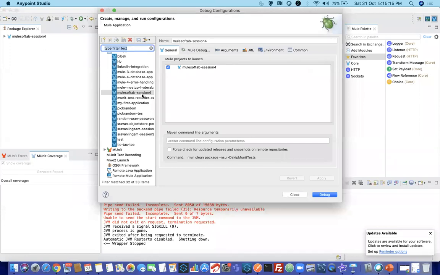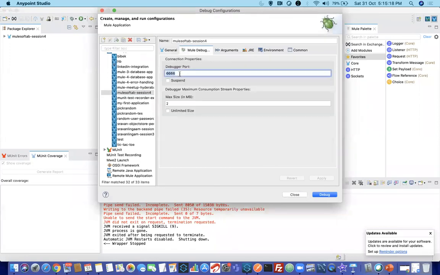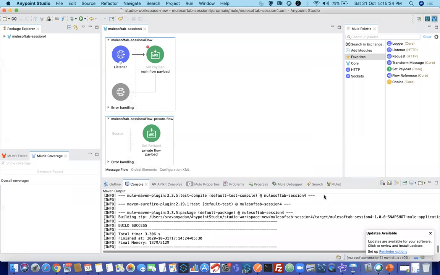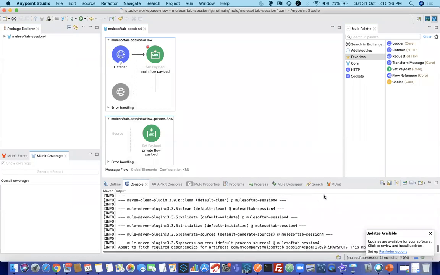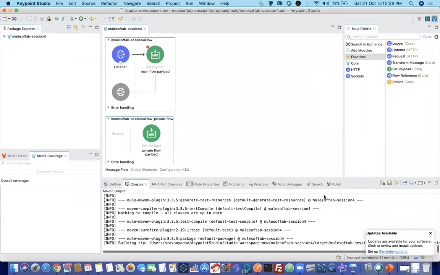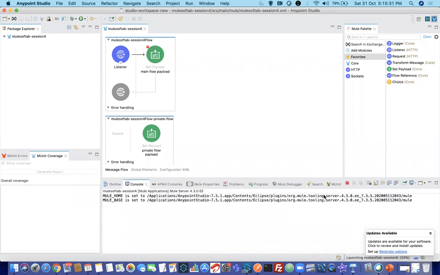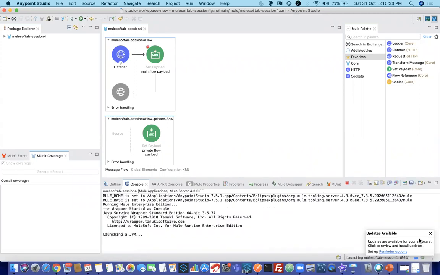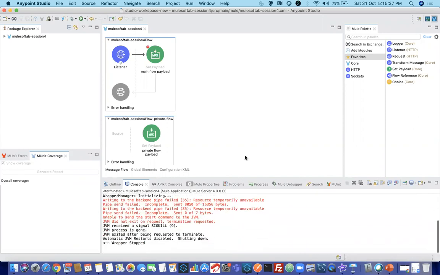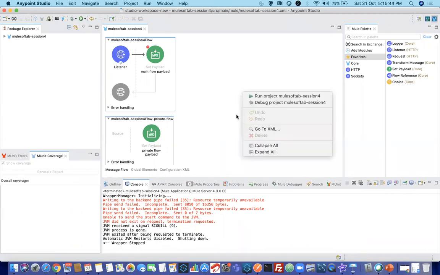Next, give a port. Let me run on a different session. Applied. Oh my god. Is anyone's system ready? I can show there, guys.